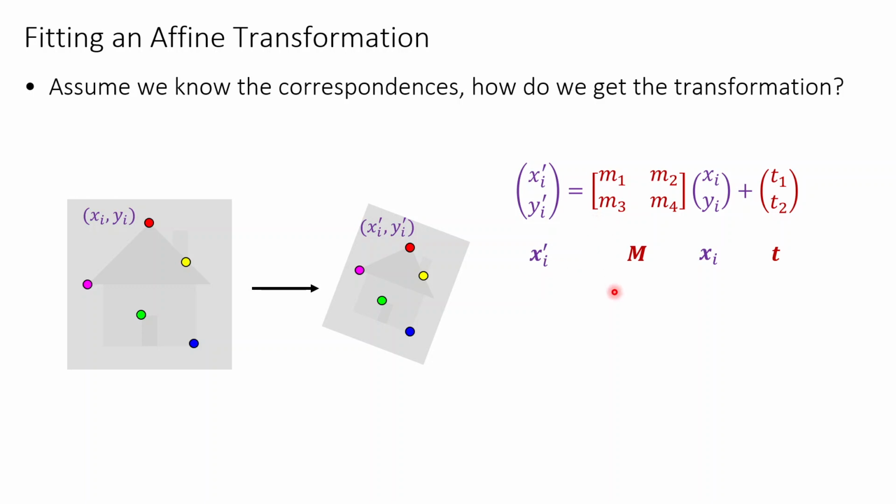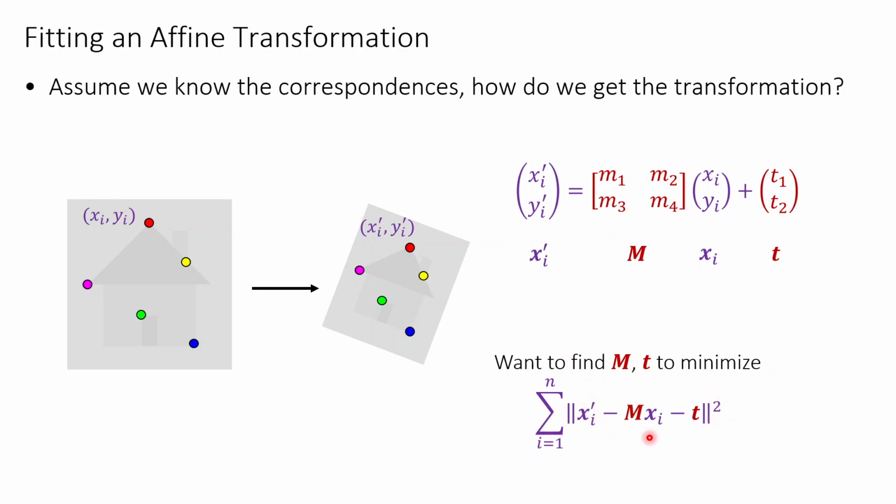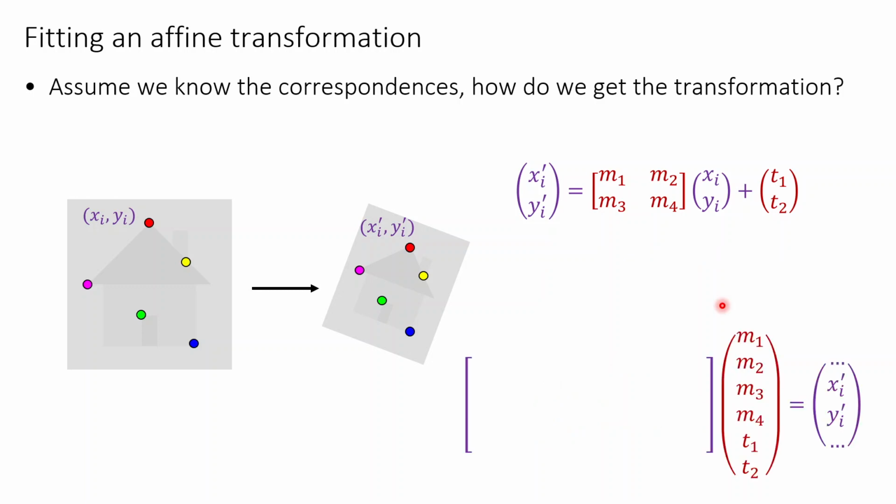Since the last row has 2 zeros, we can write the transformation in this fashion. So think about this. M1, M2, M3, M4, T1, T2 are the parameters that we have to estimate. That means there are 6 numbers that we have to estimate. If we know M and T, we can minimize this error. So how this point gets transformed onto that point and what is the error that is created, and then we can square it and sum it and minimize that to find M and T. In reality, we get all the points together, and we get M1, M2, M3, M4, T1 and T2